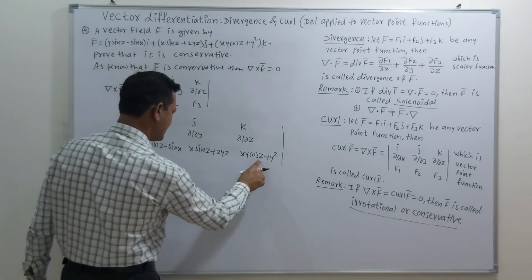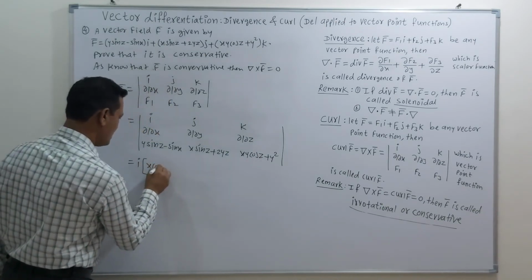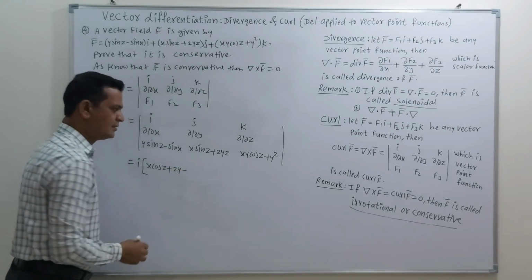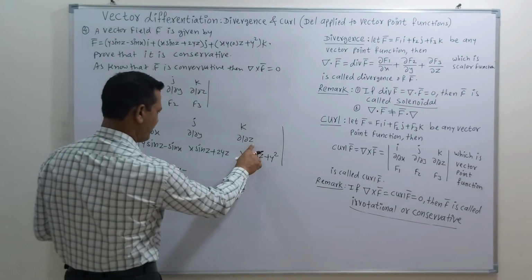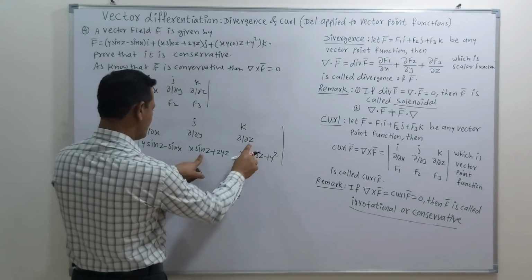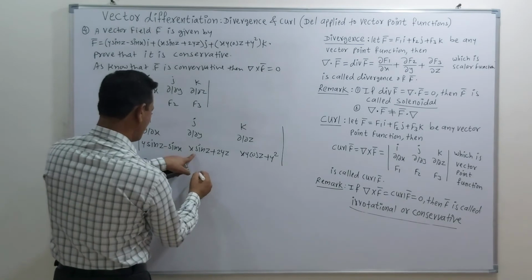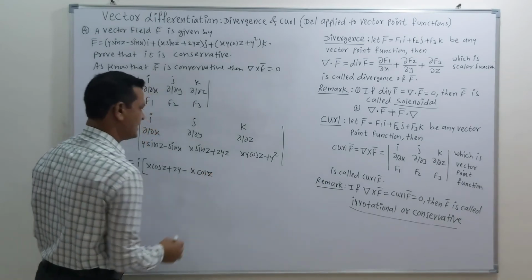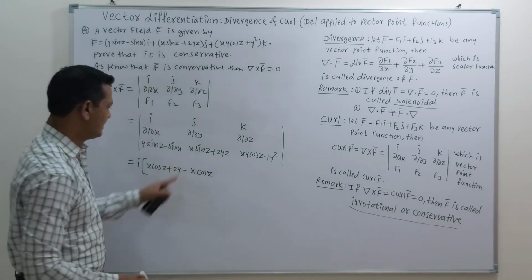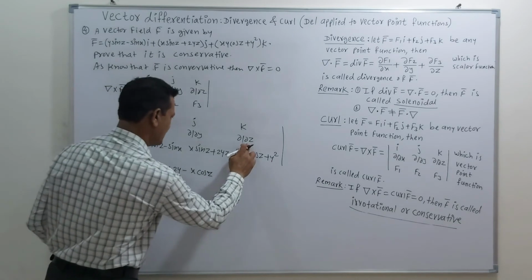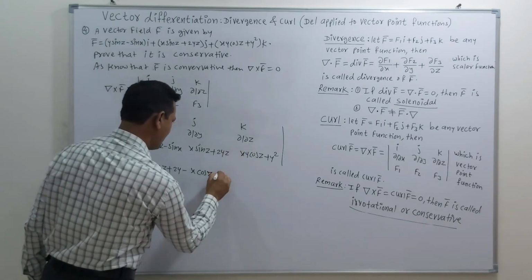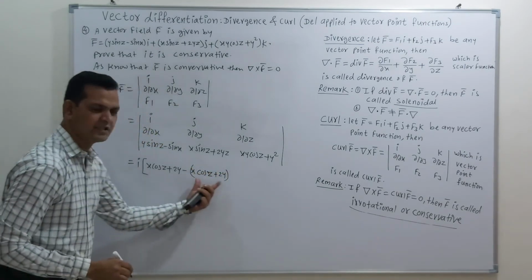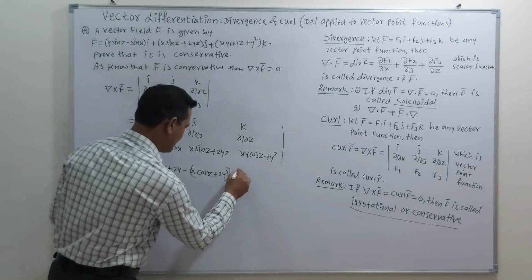So we get this as x into cos z plus 2y minus, again take the derivative of this term with respect to z. So we get this as x into cos of z, because derivative of cos is sine, sine is cos. Now then we are taking with respect to z, so we can write it as this is again plus 2y. So this is the value of first term and this is the value of second term, minus j.